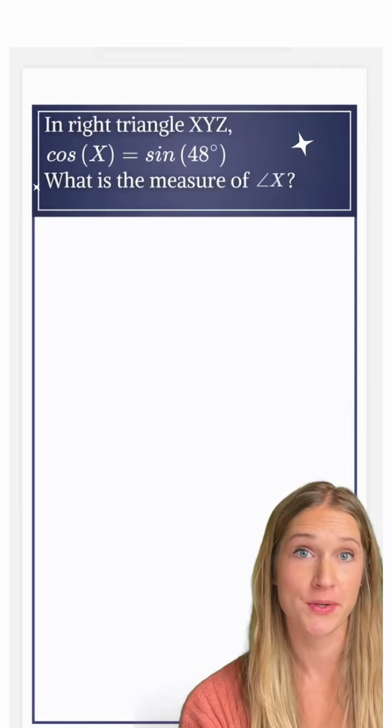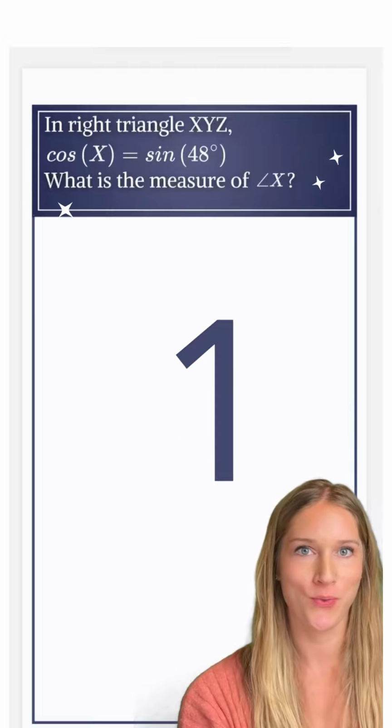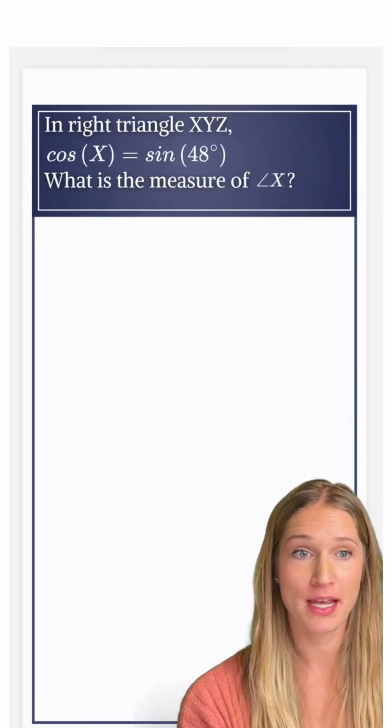If you want to try this one on your own, go ahead and pause the video, but I'm going to go through it in 3, 2, 1. First thing we're told is that we have a right triangle